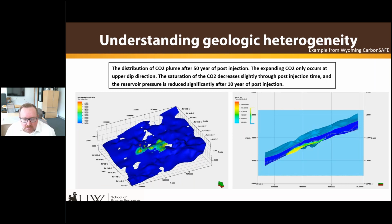So on this slide here, we wanted to demonstrate what happens to the CO2 plume after you stop injecting. The first slide showed us injection for 50 years, and then we cut it off, and then we let the model sit and run for another 50 years to see what might happen to that CO2 plume. So in this case, you can see it looks very, very similar to where it was on the day we